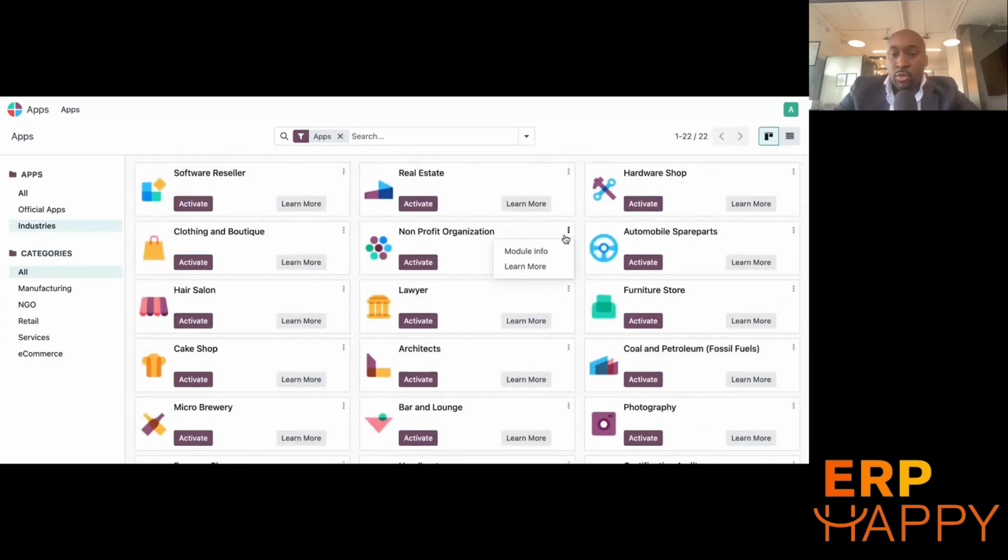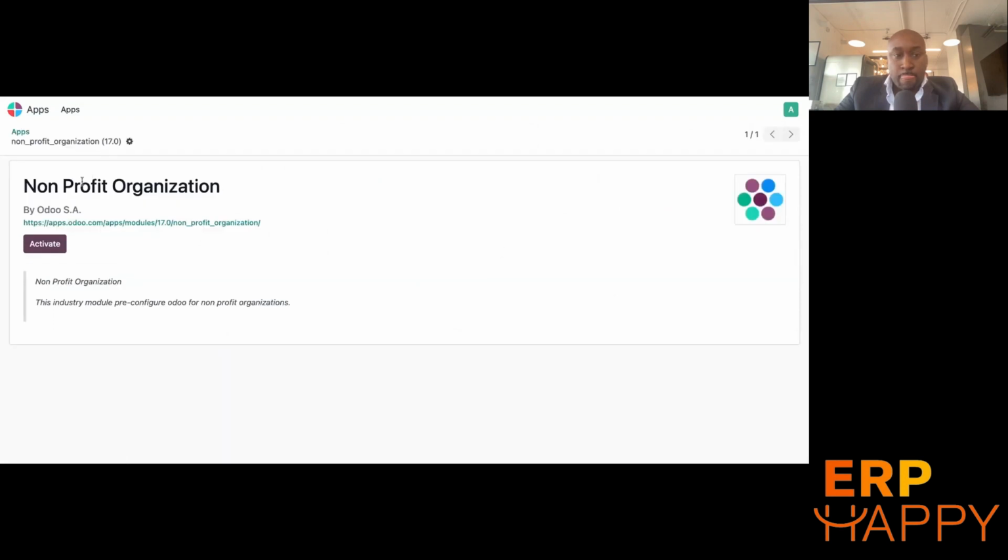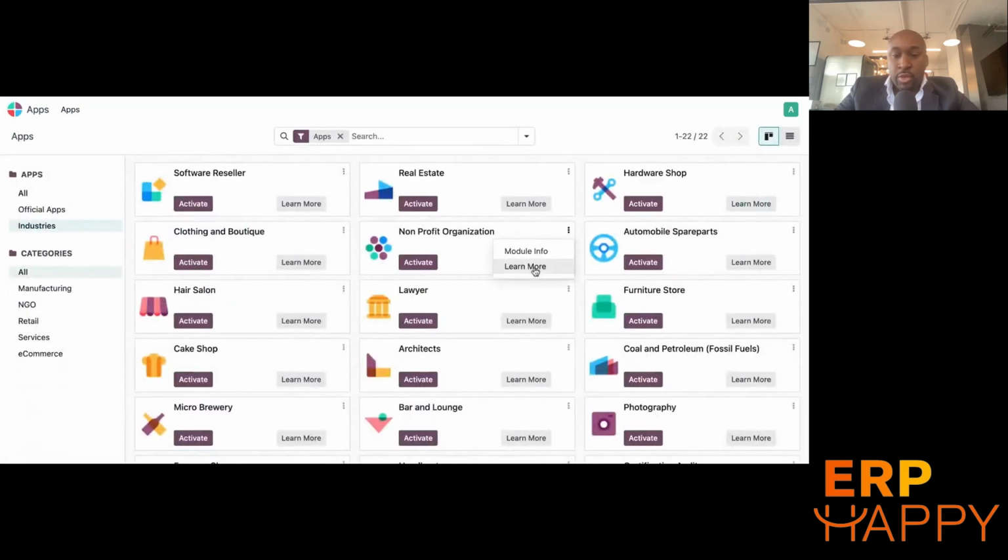So if I look at the non-profit organization, for every app, I can have some module info or try to learn more. If I click module info, you get a pretty standard sentence saying, okay, this is a pre-configured Odoo solution for non-profit organizations. So that doesn't really say much. But when you click on the gray button, learn more,